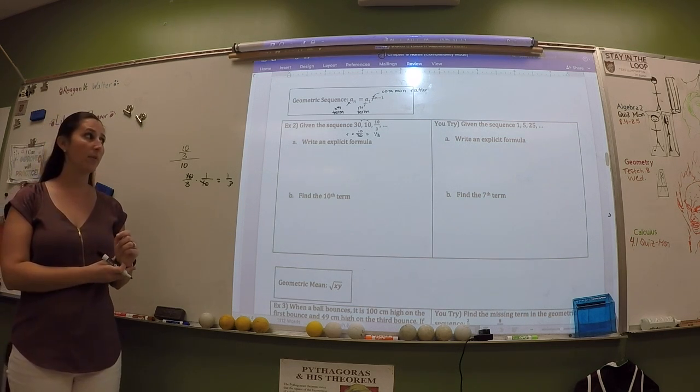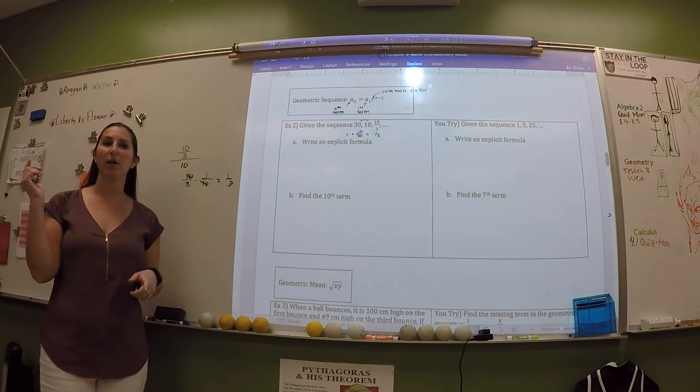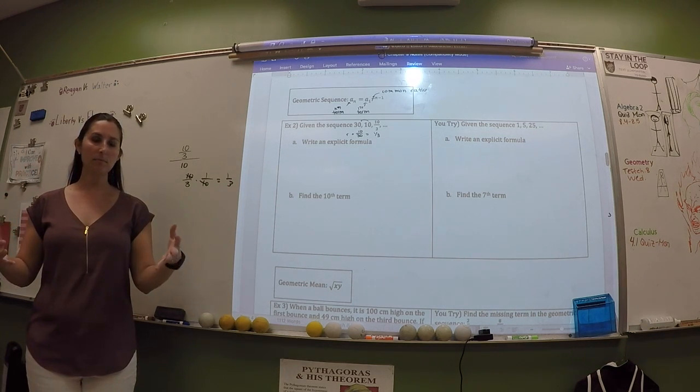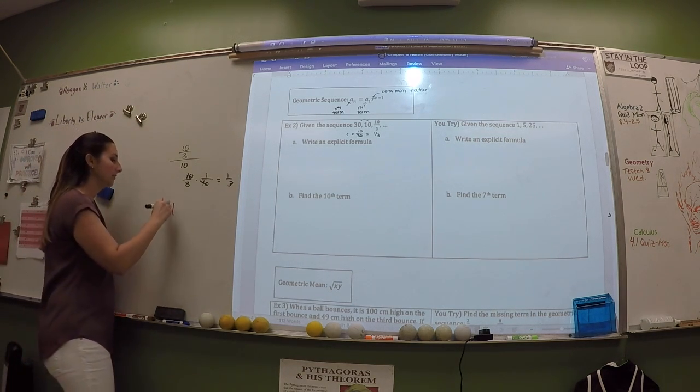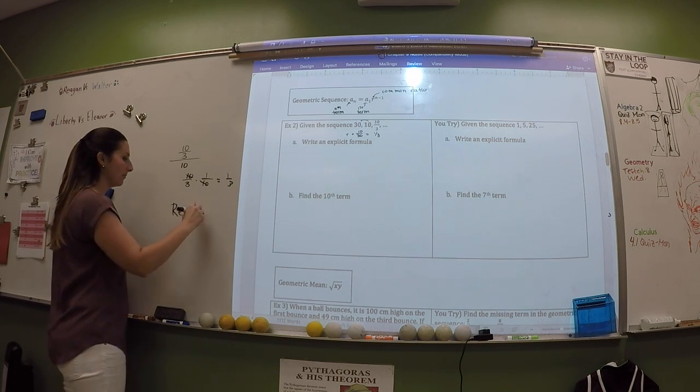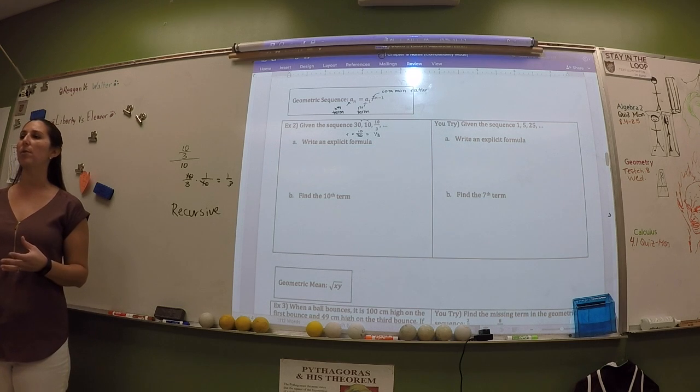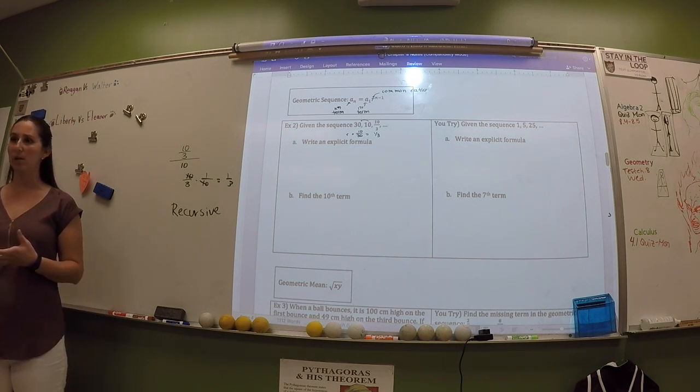An explicit formula is what we just came up with in the checkerboard problem. It's a formula that will work for any n. A recursive formula, which is on your vocab, a recursive formula, you need the previous term to get to the next term. So,